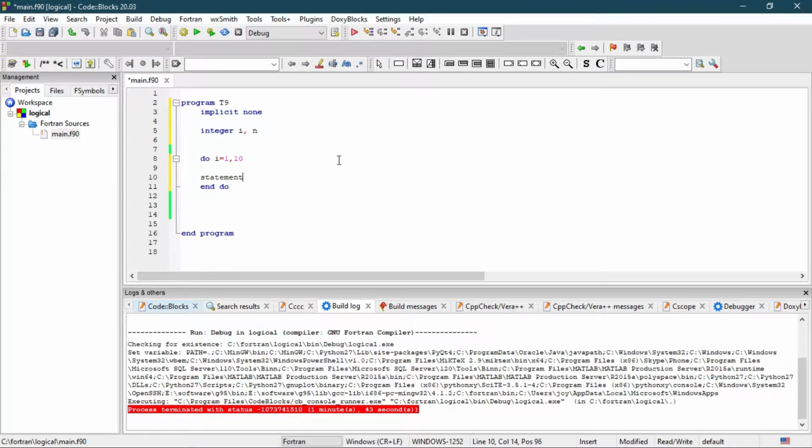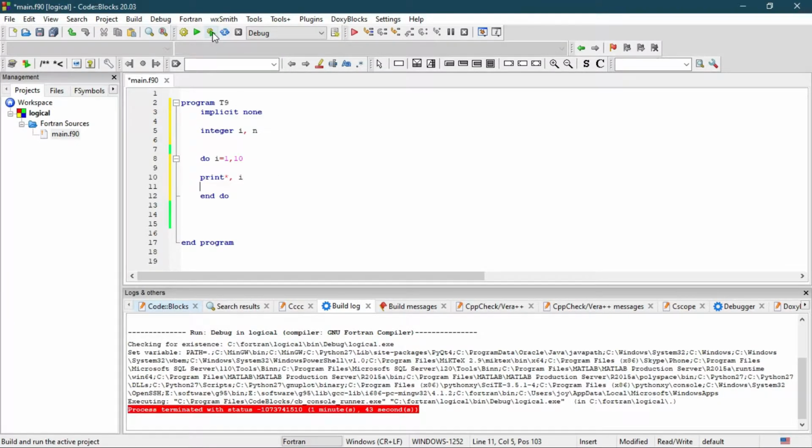Now to print all the values of I, you have to write print I. In this case we are commanding Fortran to print all the values from 1 to 10, for which we are using this do loop, and I is the variable for which the do loop runs.